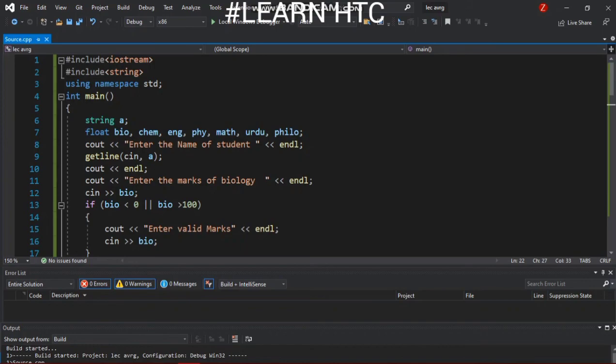Moreover, you can do many things with this program. You can ask the user to tell the marks of any particular subject, etc. You have to do many questions like this. You can play with your program, with your programming, with your concepts.